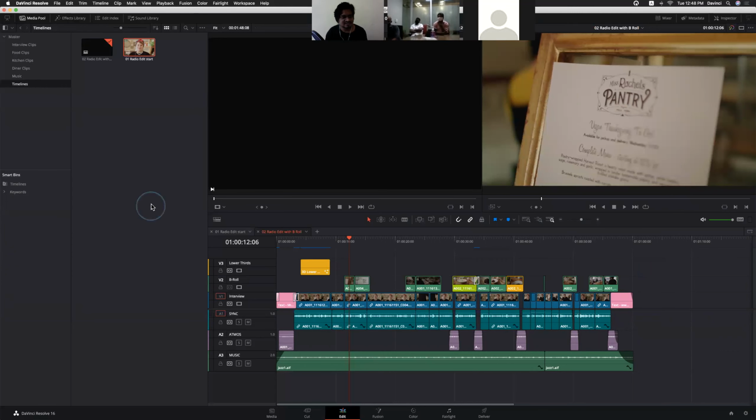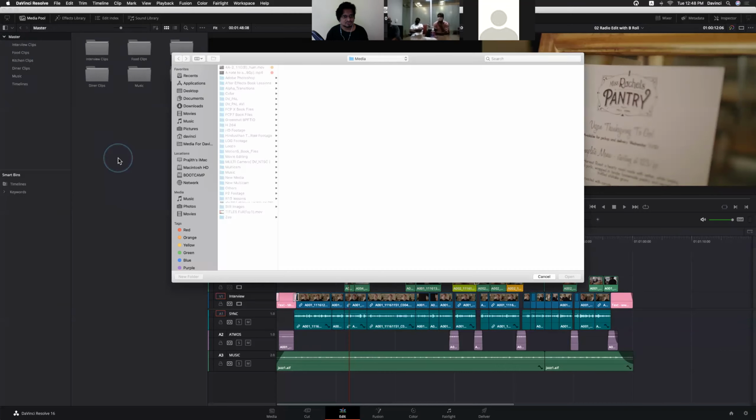And we do have some features like automatic syncing, audio syncing and everything within the edit page. Okay, let me import a suitable clip for that one.